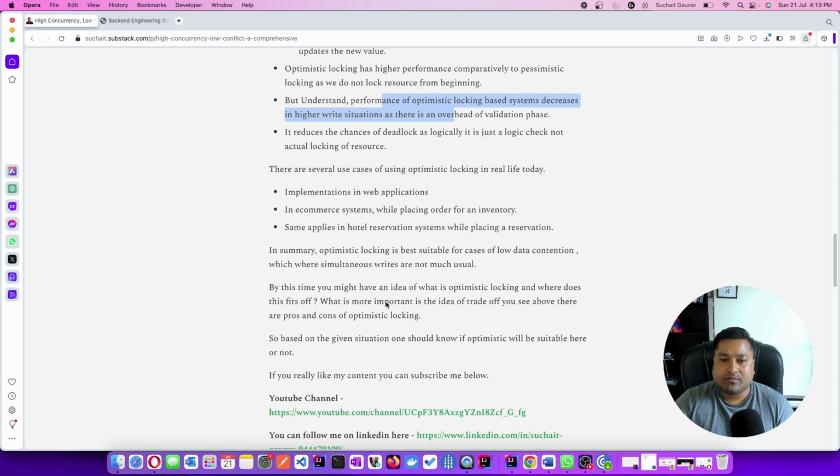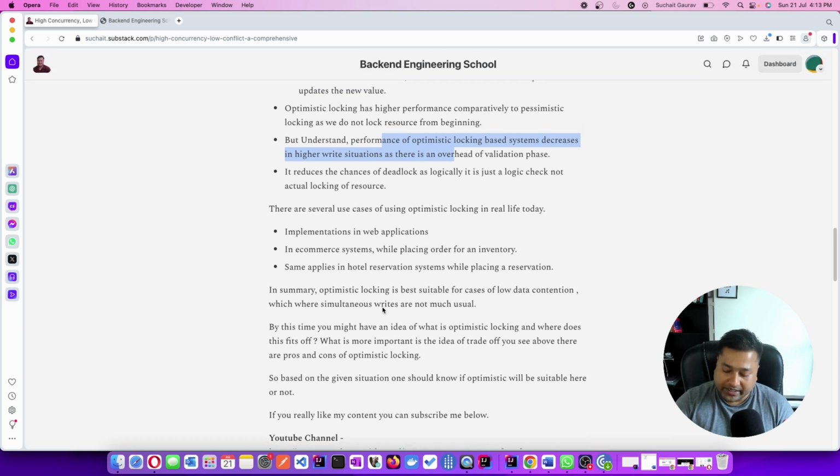People also use the term data contention. Data contention means you have a system where you have maybe high write operations, maybe high read operations,